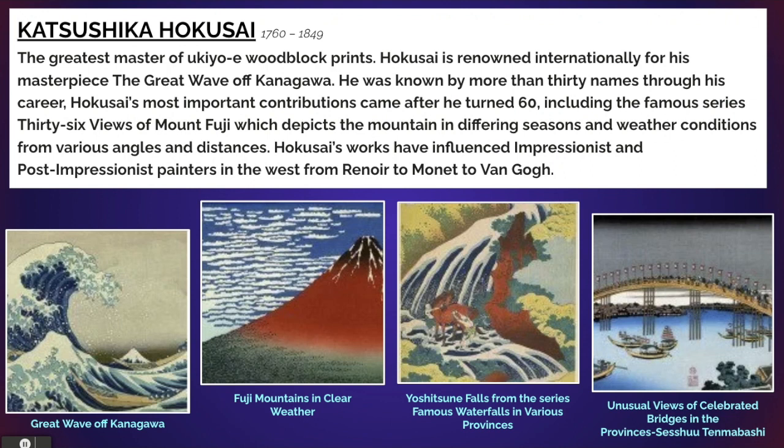Some artists, like Katsushika Hokusai, were very famous from the 1800s, making pictures of landscapes. His art was made with print blocking, so he would print them from stamps and then paint within the picture. He had so many wonderful pictures of different things like the Great Wave of Kanagawa or Mount Fuji that these are so famous that post-impressionist painters such as Renoir, Monet, and Van Gogh collected his artwork for their own